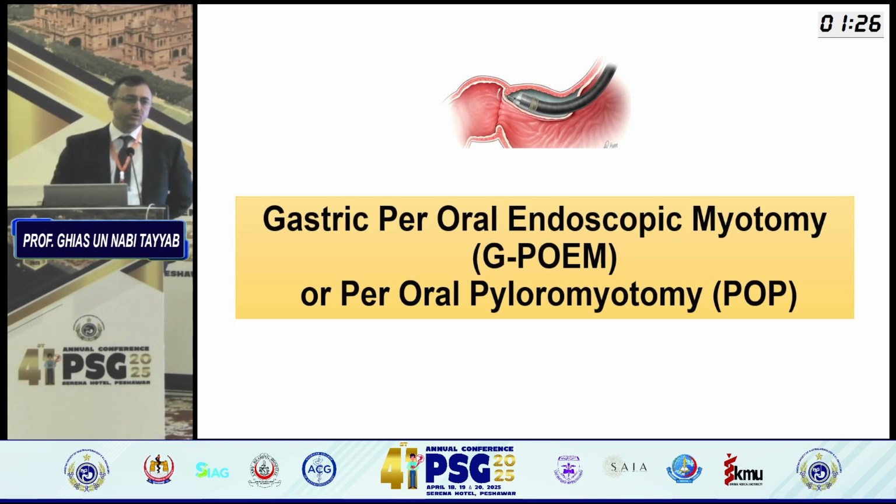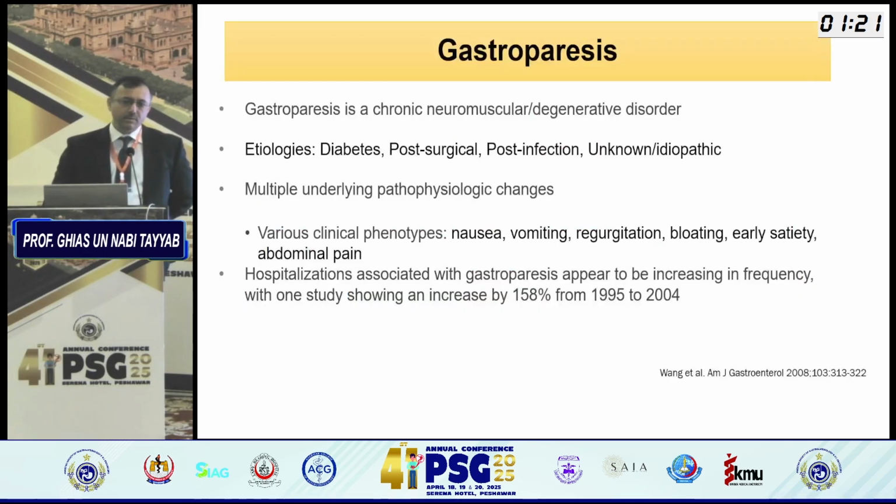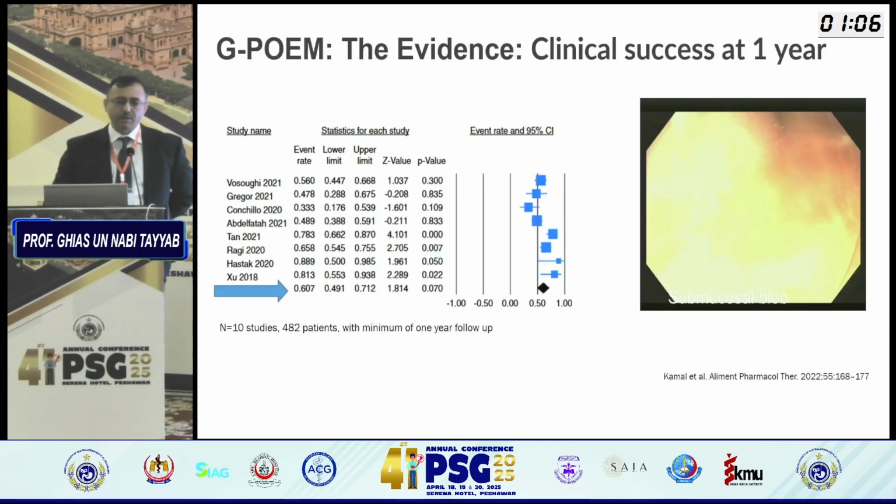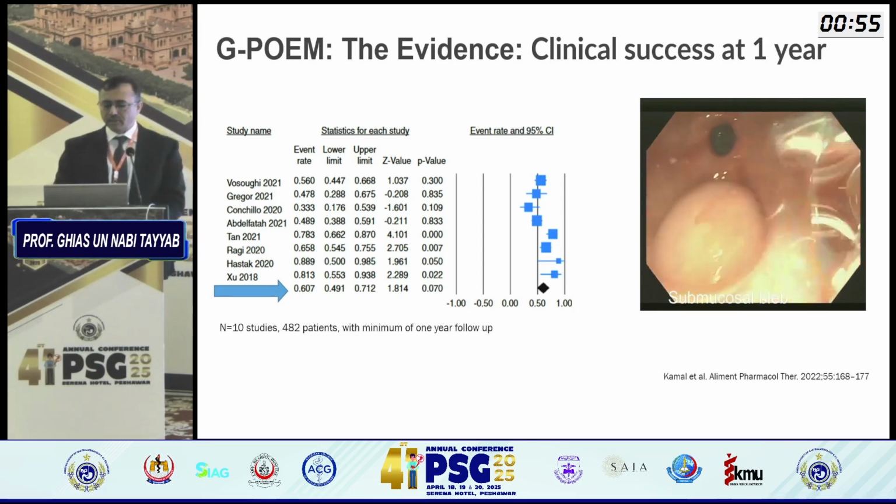Now, switching to G-POEM, we have done more than 20 cases. It is treatment for gastroparesis, particularly for people who are suffering from uncontrolled diabetes, who are losing weight, who are throwing up continuously, not responding to the available armamentarium discussed by Dr. Javed Faruqi in yesterday's publication. There's enough data in the literature which makes us believe that G-POEM works and G-POEM is effective.